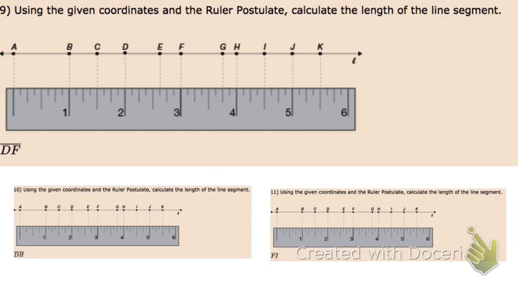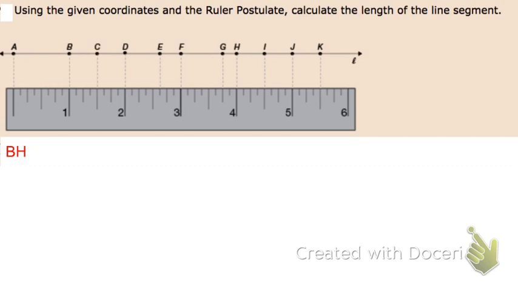Questions 9, 10, and 11 are very similar. They're showing you a ruler with some points, and they're asking for measurements of line segments. So I'm going to show you an example. This is really just using a ruler. If I want to know the length of line segment BH, that means from B all the way to H,